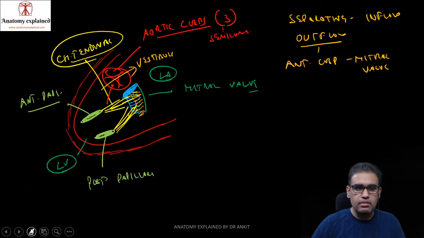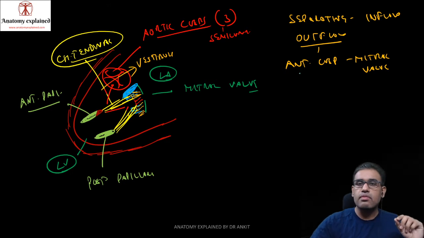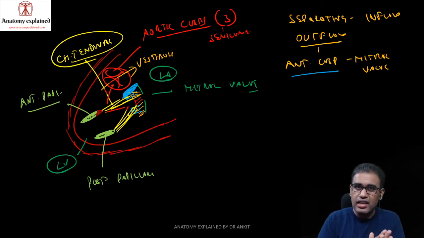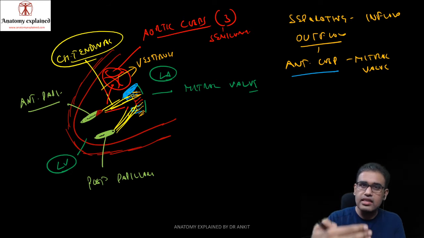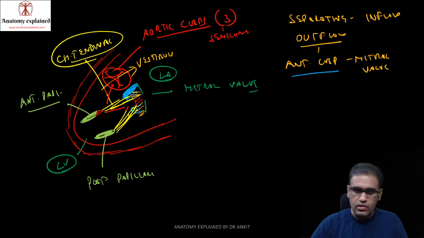It means that, let me make the inflow and outflow this red color. This is the inflow over here. We can't see it, correct, but that is the outflow. So the anterior cusp of the mitral valve is going to be smooth on both the sides, because on both the sides the blood is flowing. It is the cusp which divides, on one side more anteriorly, the outflow part, that is the aortic part or the vestibule part, and a little bit posteriorly you have the inflow part. So this anterior cusp is going to be smooth on both the sides. Okay, so that is one point.